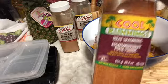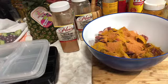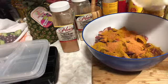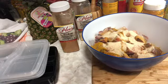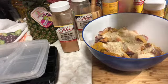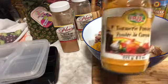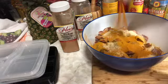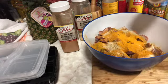Some meat seasoning. Some garlic seasoning and onion seasonings. There's garlic salt and onion salt. Black pepper. Turmeric, some Italian herbs,